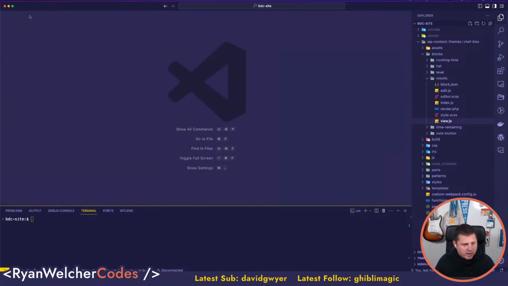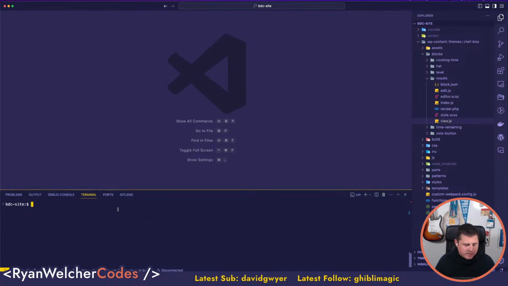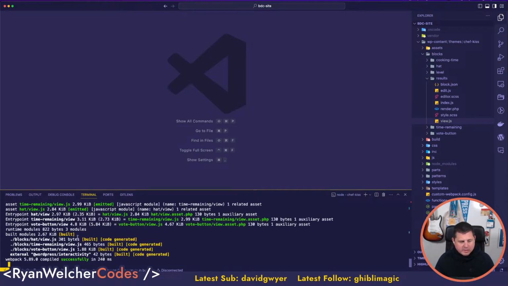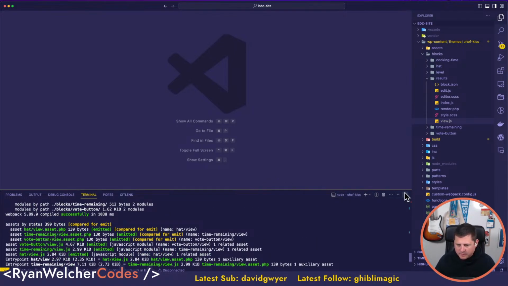I'm going to get into my build process here. So cd repeat content theme chef kiss. Then I'm going to say npm run start blocks, I think is what I want. That looks like a thing. You might notice my commands are a little bit different, because with the Interactivity API there is a new